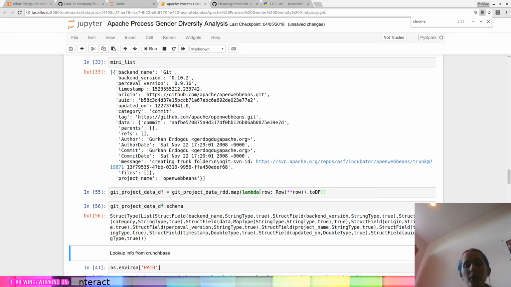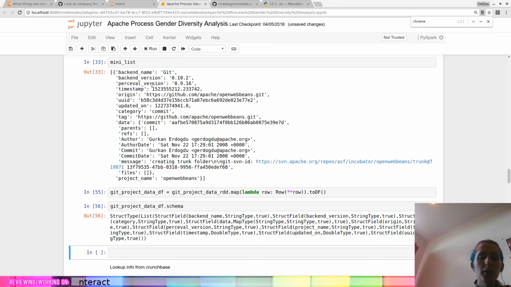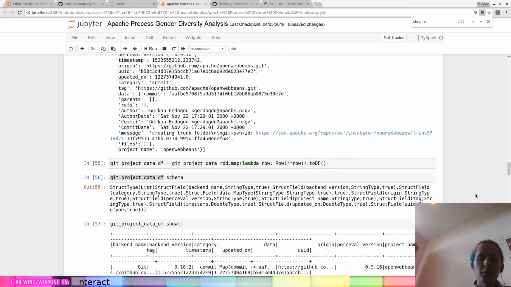Cool. But this is nice because it tells us, hey, this is kind of what your data looks like. And we're going to go ahead and do insert cell below. Oof, this looks, damn it.